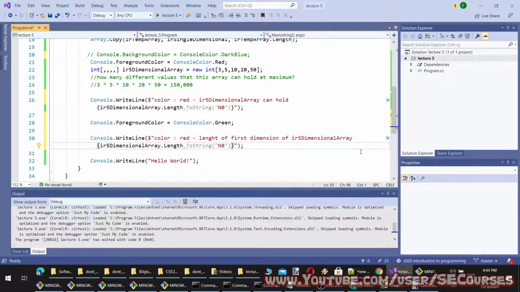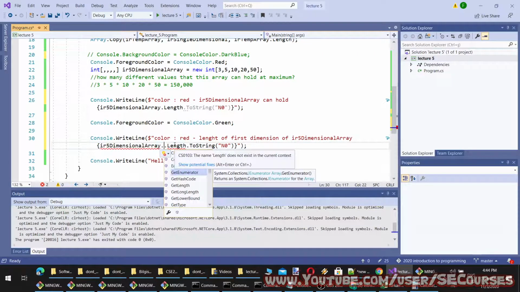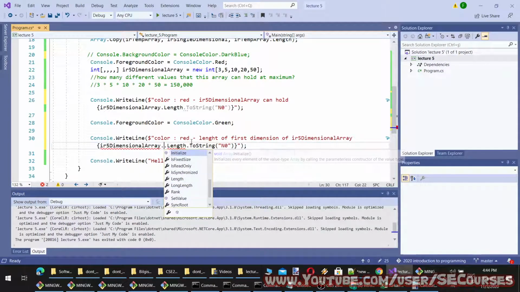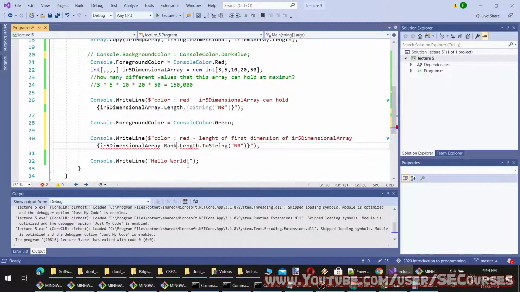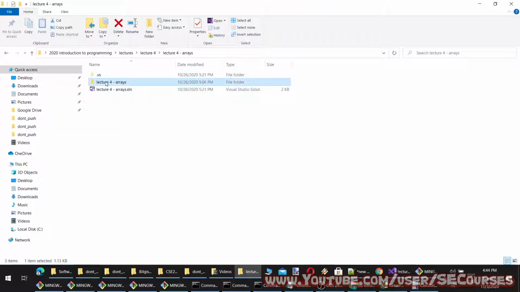So let's get the length of the first dimension. So how do I do that? I think it was by rank, if I remember correctly. Okay, not rank. Let's remember it from our lecture 4.